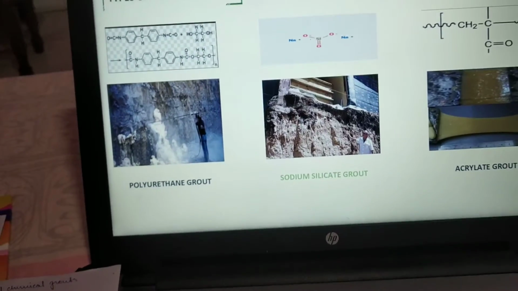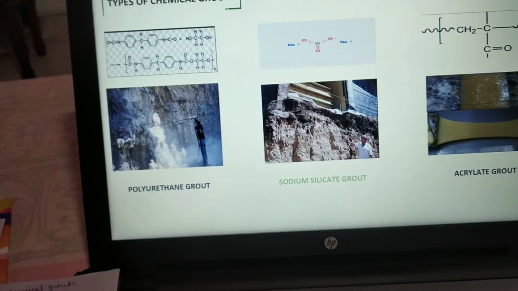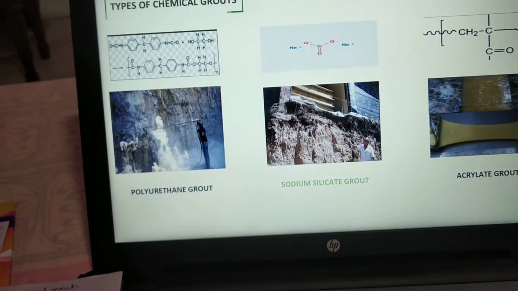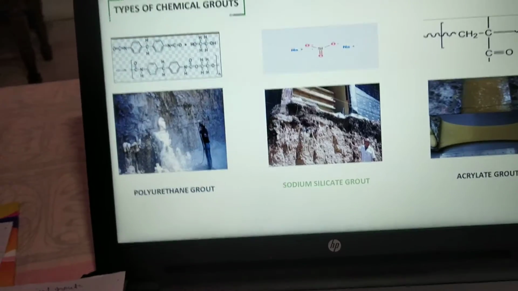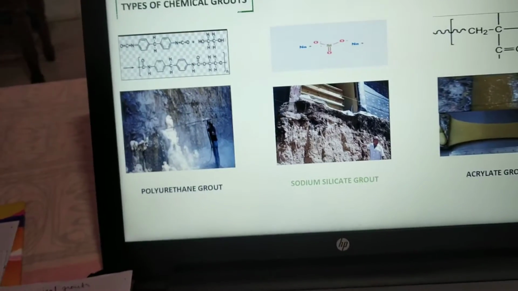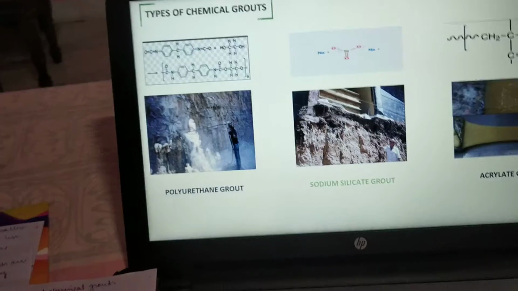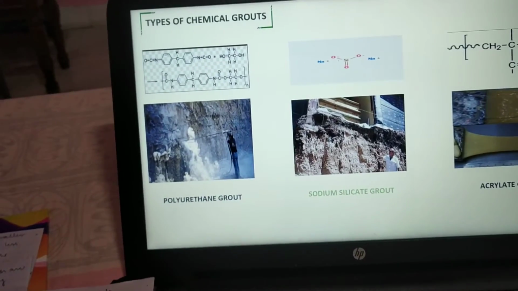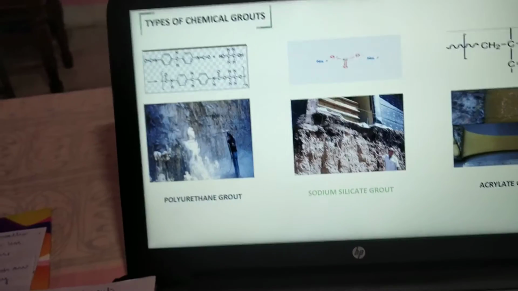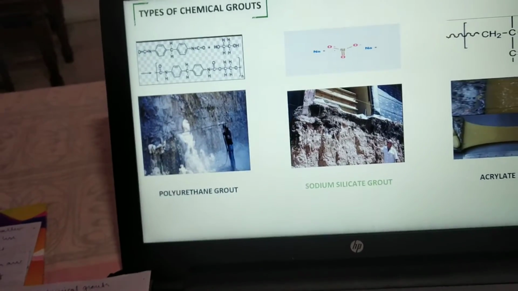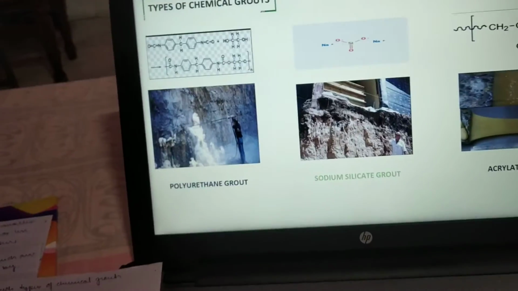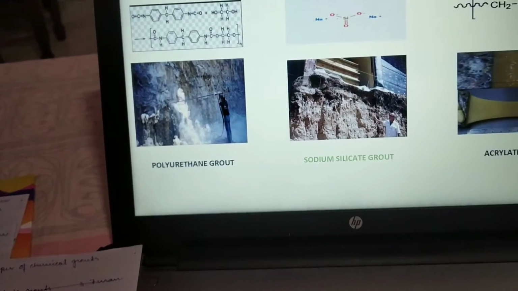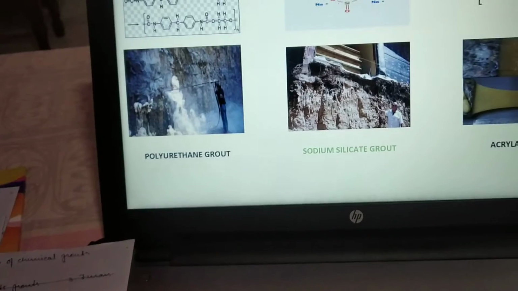Coming to the sodium silicate grouts, these are generally solution grouts and come with a very low viscosity and have a controllable settling time. But at the same time, they aren't suitable for the rock mass discontinuities, as they can only fit into larger voids and not the smaller ones. Although they are less expensive as compared to the polyurethane grouts and have found various applications in the industry currently, for our purpose, we cannot use it.